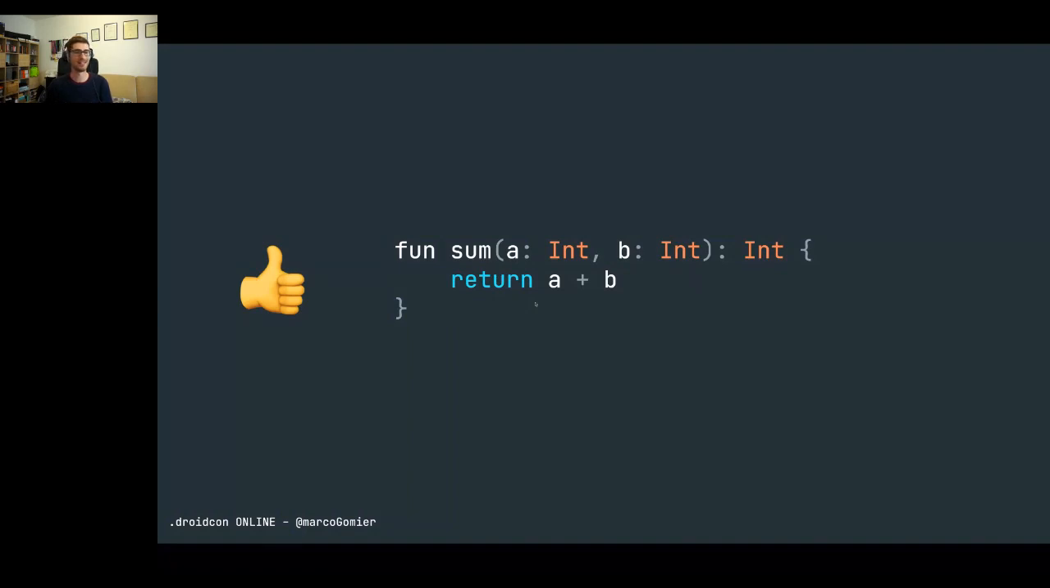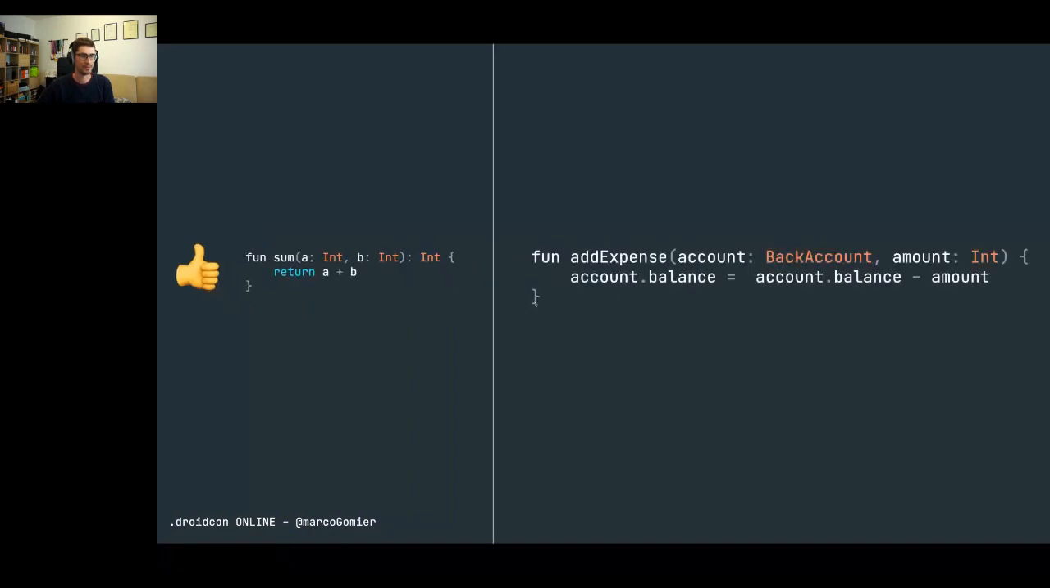And it does not have any side effect. So this function can be considered a pure function. Then we have this function, and this function takes as an input two parameters: an instance of the bank account